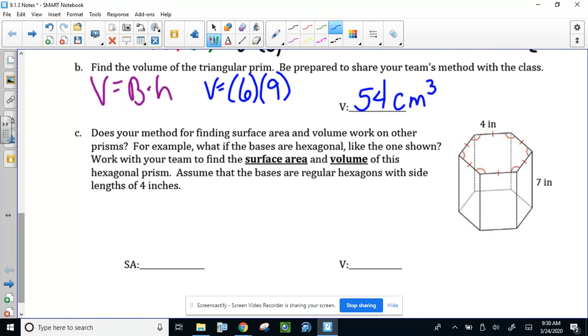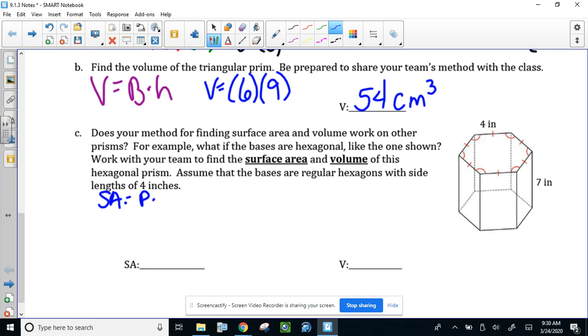So then the last one here, this one's going to take just a little bit longer. Does it work on other prisms? So if, for example, here we have a hexagonal prism. And so this shape, again, same idea, the base is a hexagon, and we want to find our surface area and our volume. So the surface area, we're going to have to do